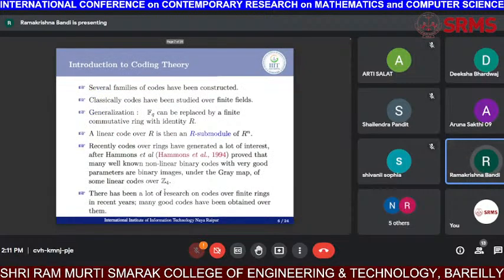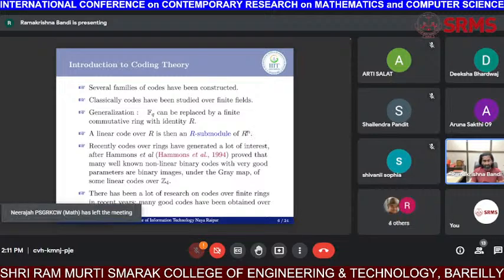So in the literature, many codes are proposed, and many different families of codes have been introduced using finite fields. And recently, researchers started using finite rings in place of finite fields to study codes. Now, when you replace a finite field by a finite ring, the ambient space is no longer a vector space, because a vector space is defined over finite fields. But we are taking a finite ring now. So in the case of a finite ring, R power n is not a vector space. So we don't have a generator matrix concept there.